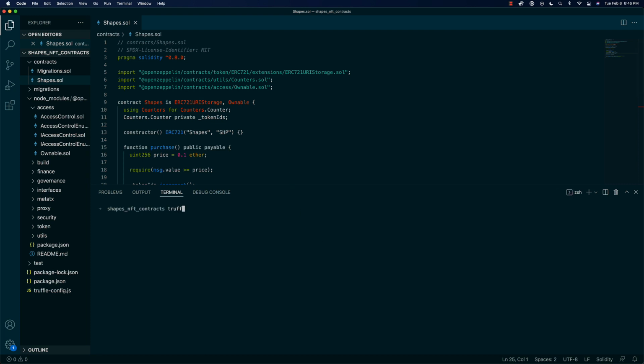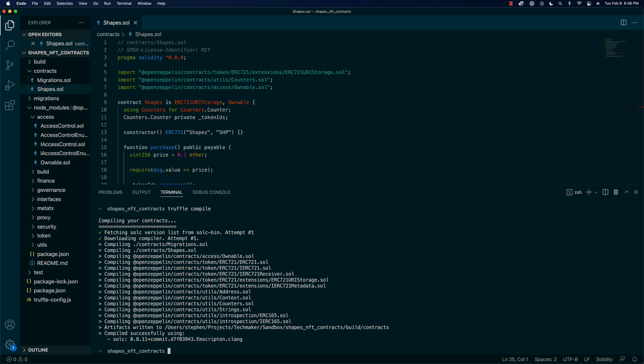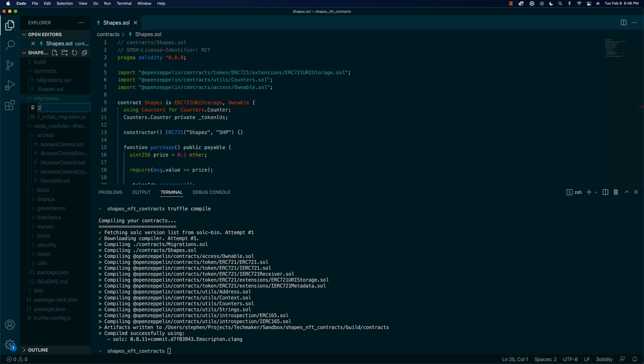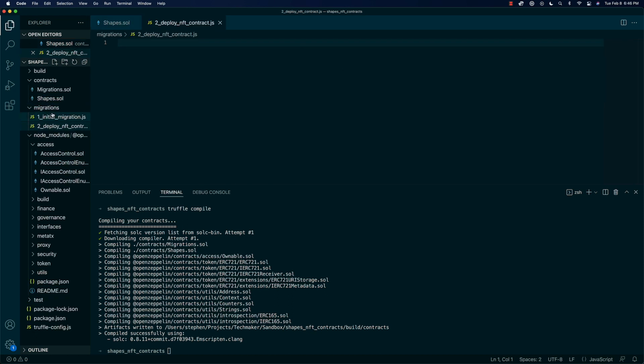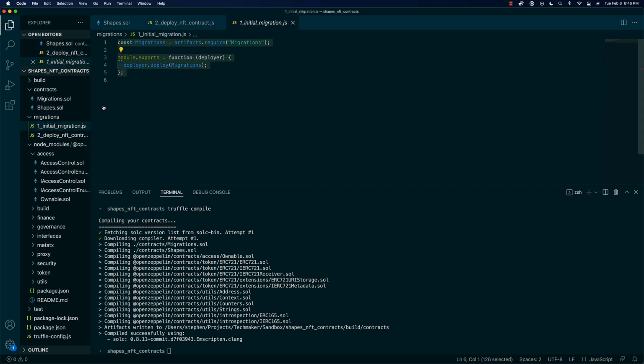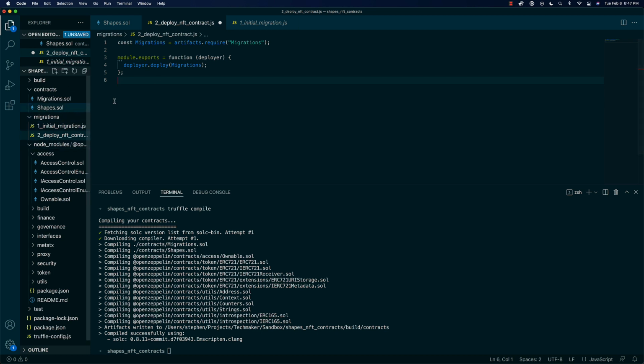I'm kind of wondering if I'm going to need to switch my compiler or if it's good to go. This is a newer version of Truffle, so maybe it's okay. It looks okay. All right, so the next thing we need to do is set up a migration. So I'm going to create a new file, and I'm going to call it deploy NFT contract.js. And I'm being lazy, so I'm going to copy everything from the first file, which is just the migrations,